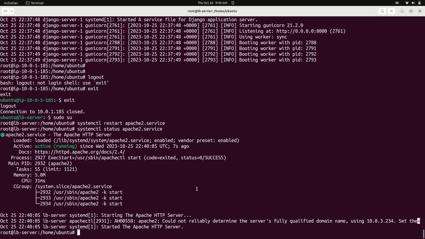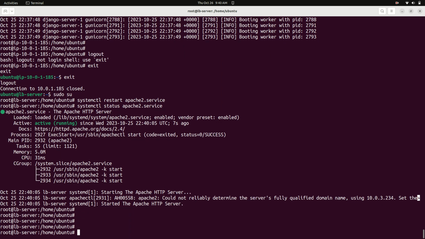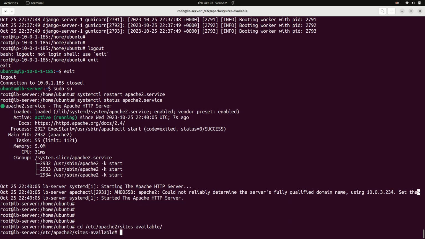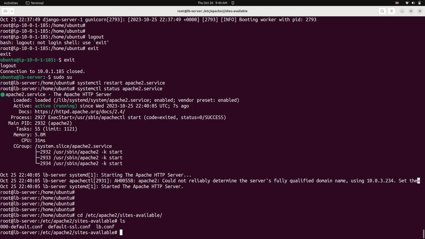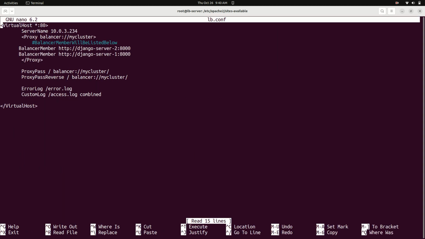I don't like this now. What is happening here? cd etc apache2 sites-available. If I check server name,